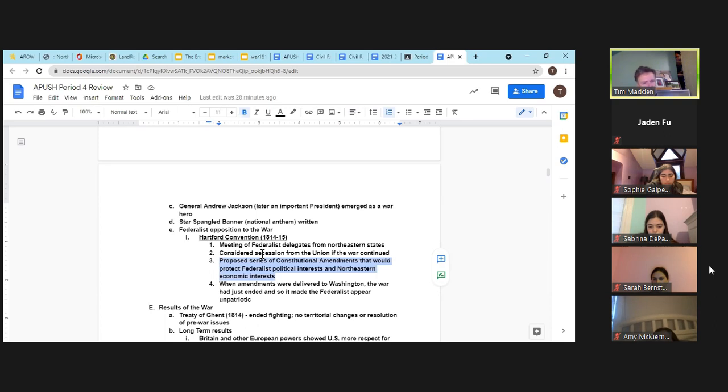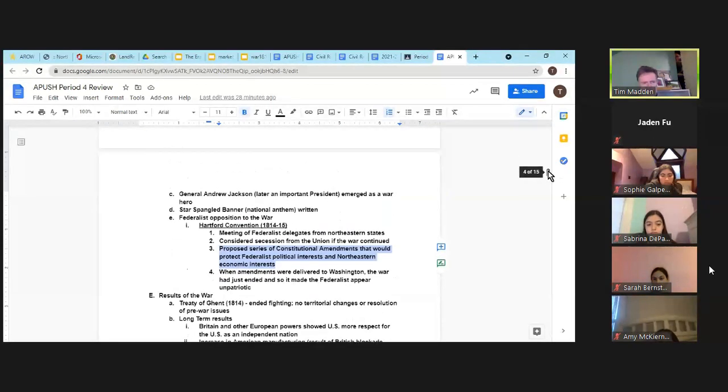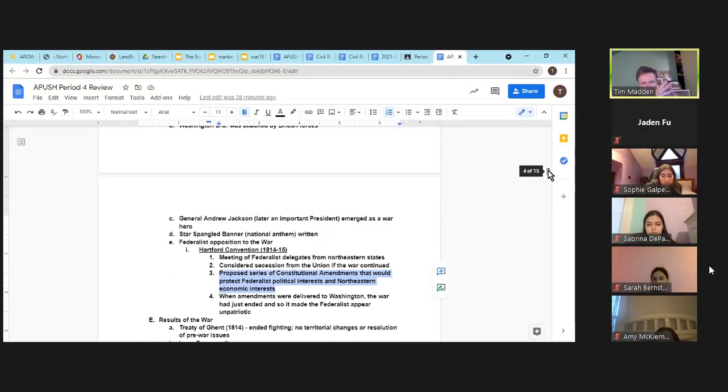Okay, so it was essentially giving them a minority veto over what the Democratic Republicans were doing. And of course, when the amendments are brought to Washington and introduced, word is just arriving that the Treaty of Ghent has been signed, word's arriving that Jackson has won the Battle of New Orleans, and it just made the Federalists look really, really bad, that they couldn't take joy in the war being over